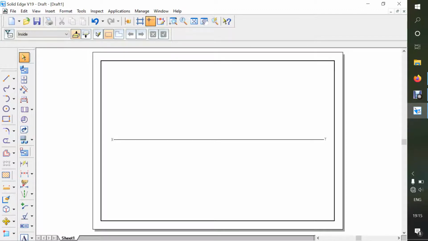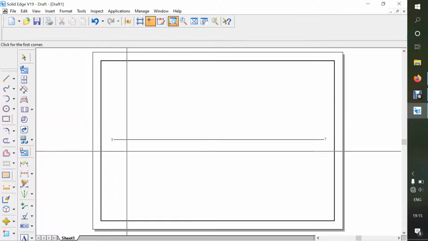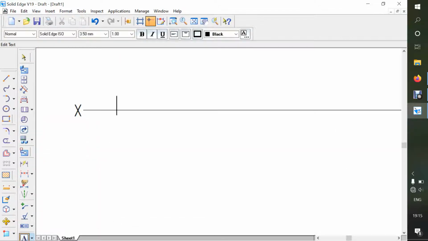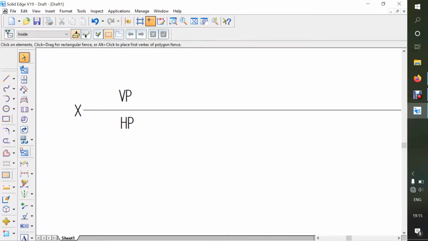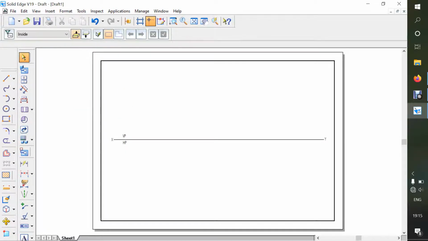So this area we call as a vertical plane, and this area we call as a horizontal plane. So for the time being, for the first problem, you just zoom this area and write it here. So this is my VP and this is my HP, just for a few problems, so that once you understand, you need not write that. Whatever things are going to rest on a VP, the view will appear here, that is the front view, and whatever things are related to the HP, the top view, will appear here. So we'll take one problem.